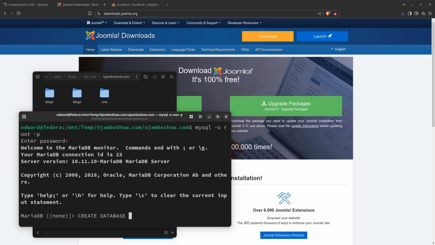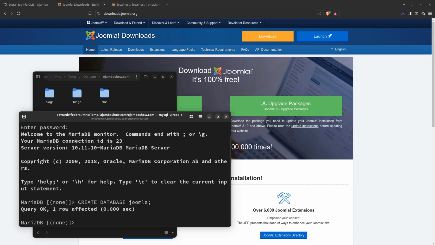Call the database Joomla. I hope I don't have one already. So create a database Joomla. So it's been created. Then I create a user